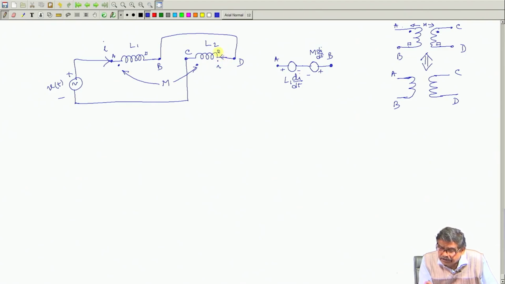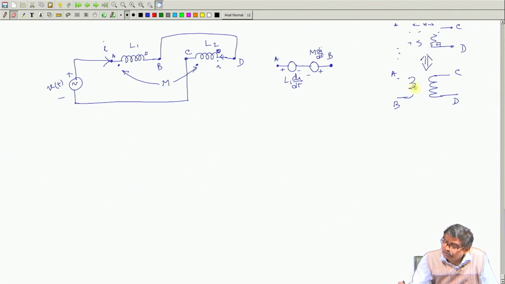So, through the dot current is entering and this side will become plus. That is how I have drawn it. I think you have got the point. So, once this is done,